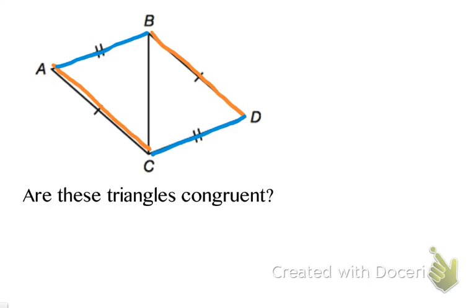All right, now in order to prove these are congruent using the side, side, side rule, we need to have one more pair of congruent sides. However, we only have one line here. I'm highlighting it in purple, but this line is actually a line in both of our triangles. So it will serve as a congruent side. So we can say that triangle ABC